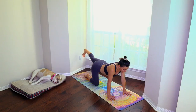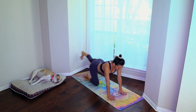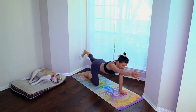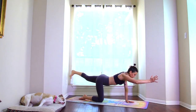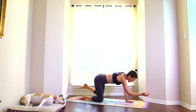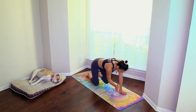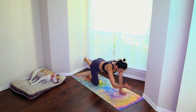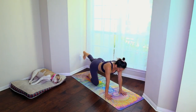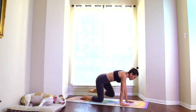Take the other leg up, level the hips, spin the left hip down, pull the belly in, fire up the core, take the right arm up and forward, reach. So the fingertips are reaching away from the heel. Let's go. Knee to elbow. 1, really lengthen. 2, 3, lower down, and let's bring knee to elbow. 1, 2,